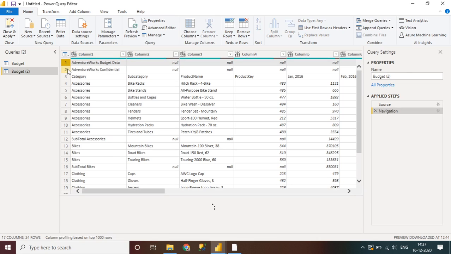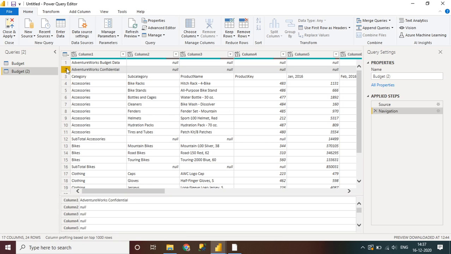As we know, these two rows are human readable and of no use for the machine to generate the reports. For that we need to get rid of these two rows. So how can we do that? See, Power BI Query Editor is a very important and very powerful tool provided by Power BI. Why? Because it provides numerous tools for you to clean the data.